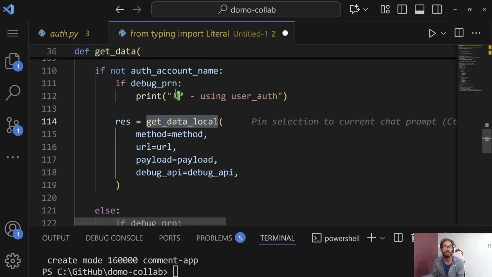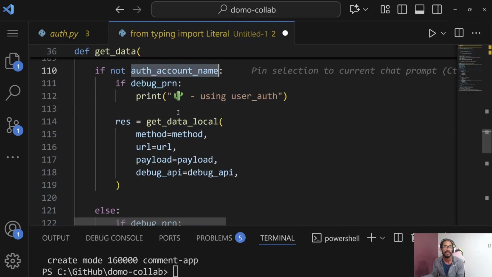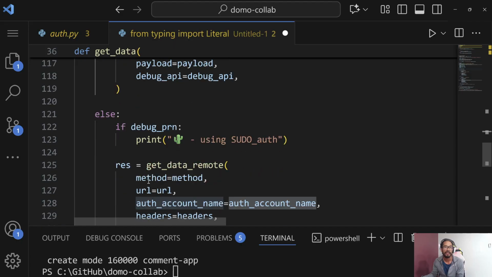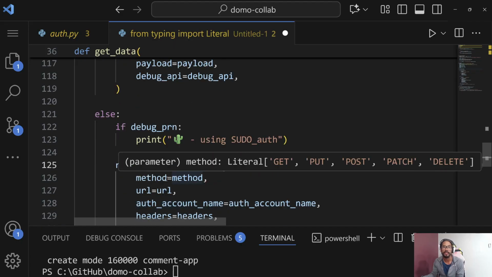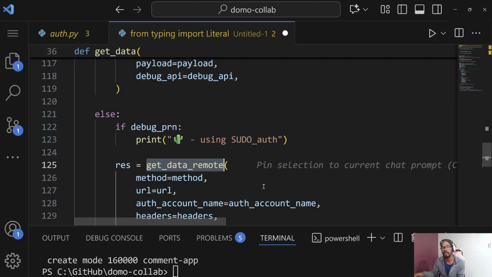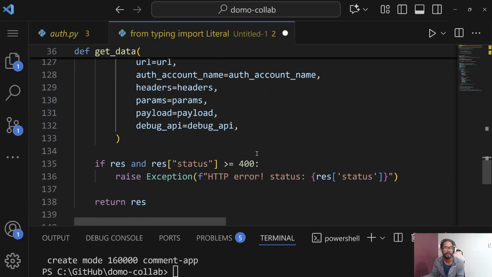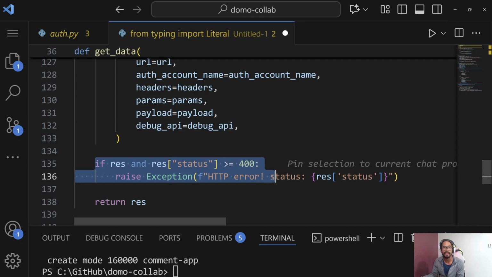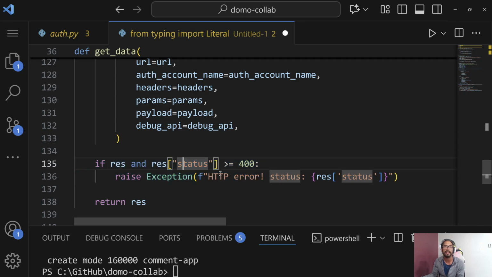But if you do pass an account, then I assume you want to do remote execution and handle authentication. No matter the outcome, I like my getData function to test for success. So if the status is greater than or equal to 400, then throw an error,